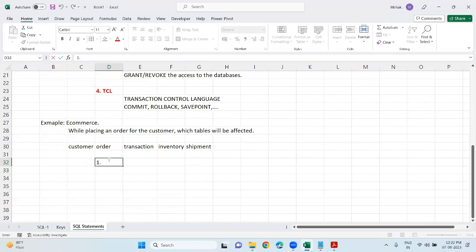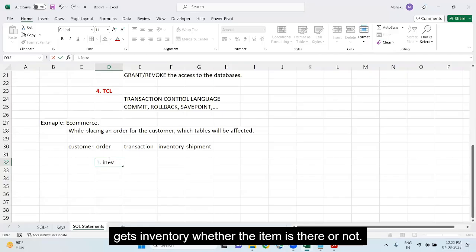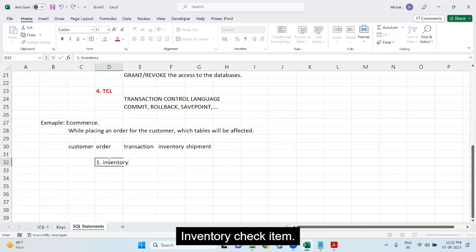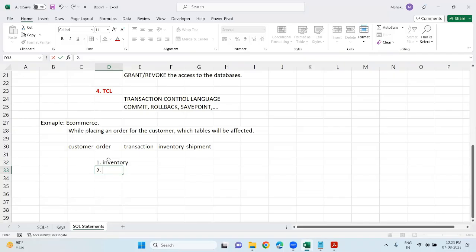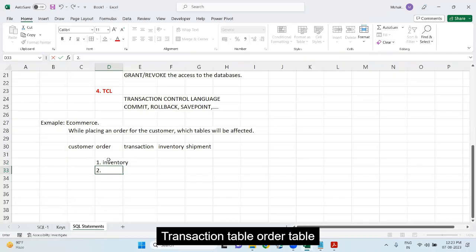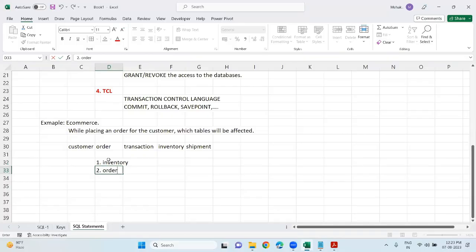Myntra पे लिखा आता है ना 1 product left, 2 products left, तो वो कैसे लिखा आता है? Inventory में check होता है। मान लो मैंने अभी एक order place करा तो -1 हो जाएगा inventory में, automatically। Update कहाँ पे होगा? आपके application में। तो सबसे पहले who gets checked? Inventory, whether the item is there or not। अगर वो inventory check ही नहीं होगी और मान लो पीछे से item ही खत्म हो गई है, तो वो कहाँ पे लिखा आएगा फिर कि it's out of stock? Okay, so first of all inventory table gets checked, उसके बाद कौन आएगा फिर? Transaction table, order table।